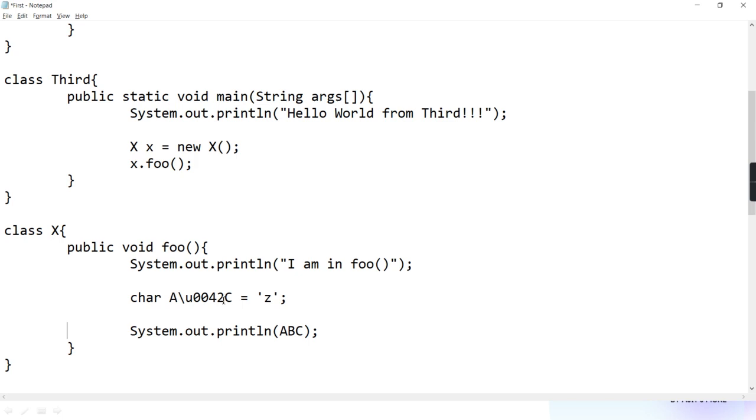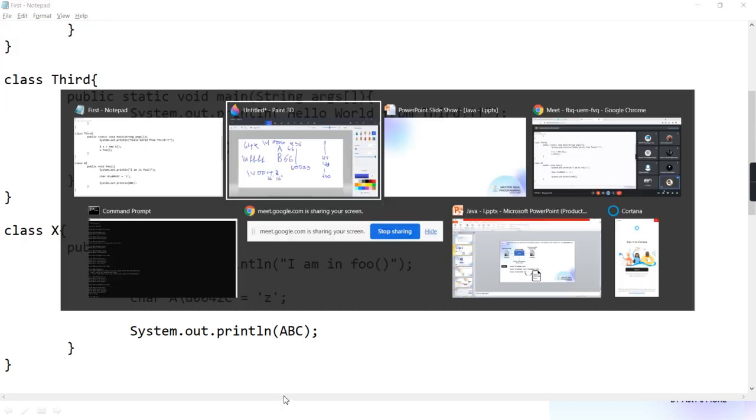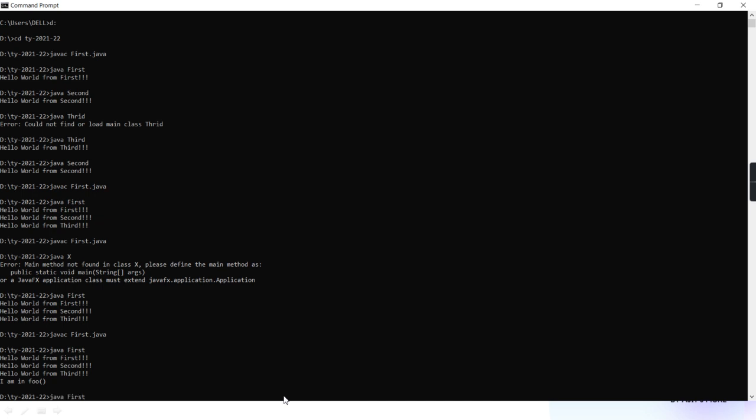So now below that I am writing ABC. Will it display Z? Because Z is what is stored in that variable. So when you are trying to print the value, will it display Z? Yes, see, guys.